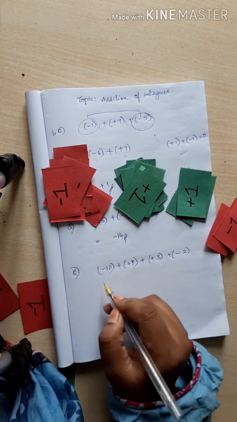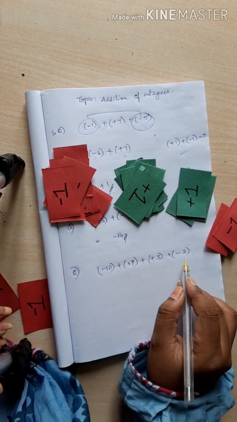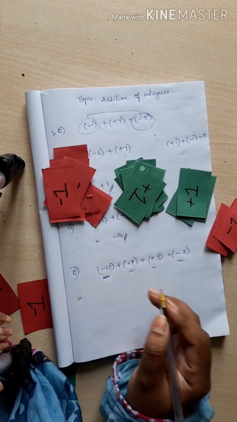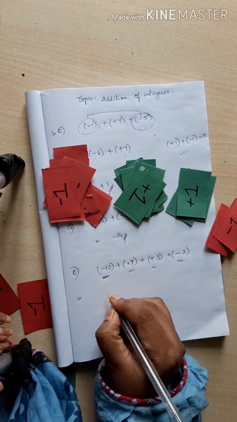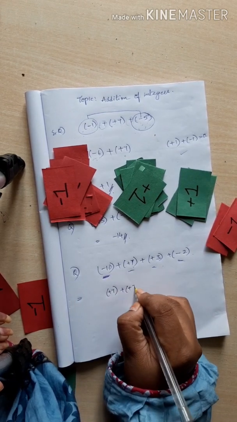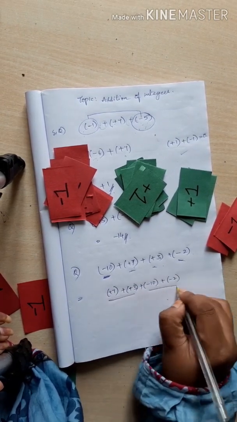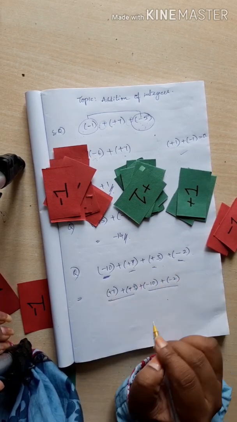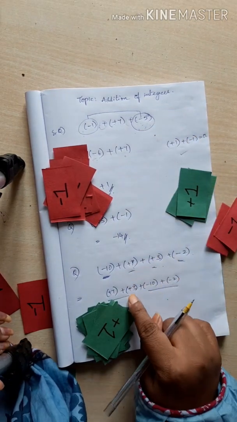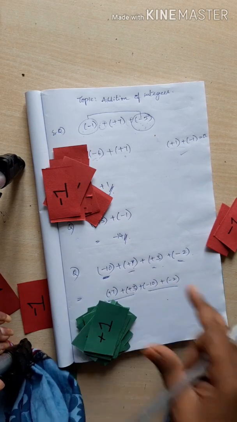Now whenever he gives more than 2 integers to add, you just need to simply see how many negative numbers are there. See, I have 2 negative numbers and 2 positive numbers. Try to write all together, negative numbers together and positive numbers together. So I am writing first the positive numbers, plus 7 plus 3, then -10 -2. Underline these two. It indicates that these two are positive and these two are negative. Plus 7 indicates 7 green cards. Plus 3 indicates 3 green cards. So both are green, so I am adding.